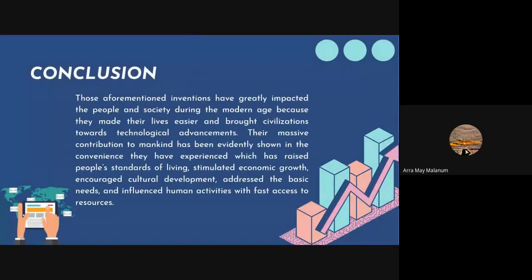So, in conclusion, those aforementioned inventions have greatly impacted the people and society during the modern age because they made their lives easier and brought civilizations towards technological advancements. Their massive contribution to mankind has been evidently shown in the convenience they have experienced, which has raised people's standards of living, stimulated economic growth, encouraged cultural development, addressed basic needs, and influenced human activities with fast access to